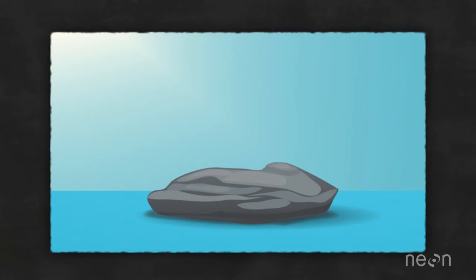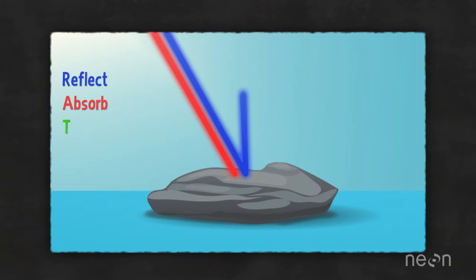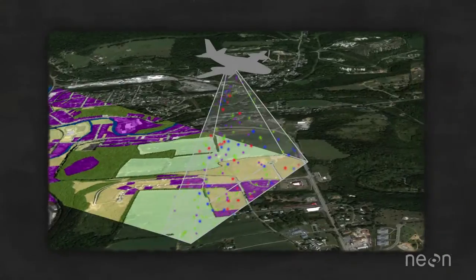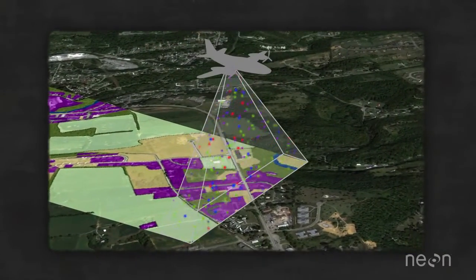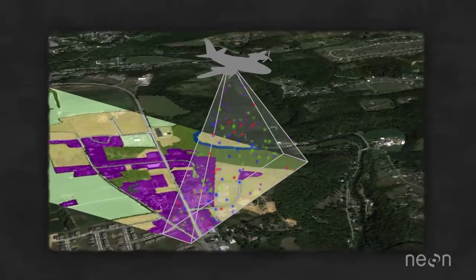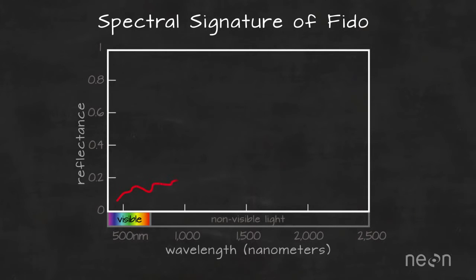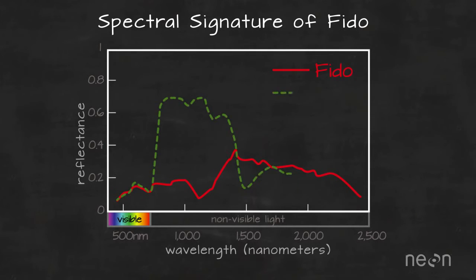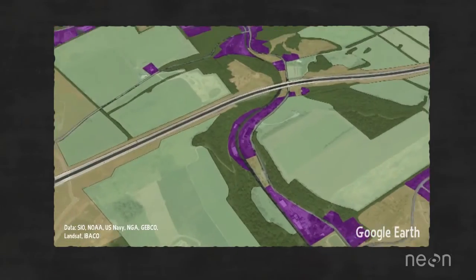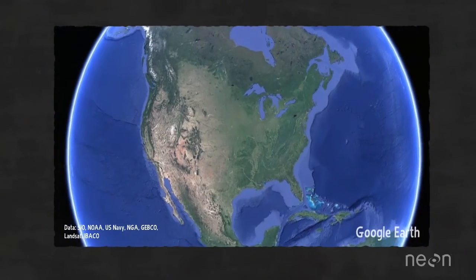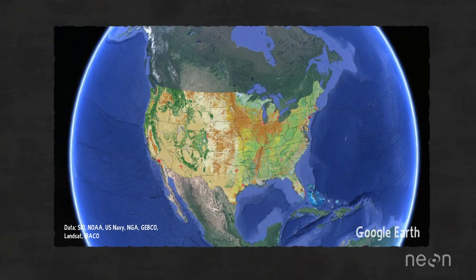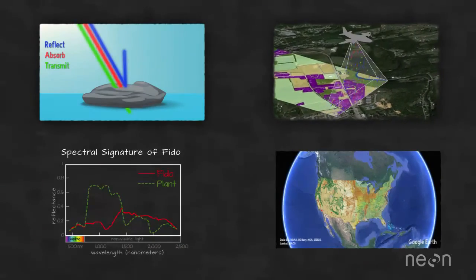To review, different objects reflect, absorb, and transmit both visible light and light energy that we can't see differently. Imaging spectrometers record the amount of light that these objects reflect. The amount of light energy reflected by an object throughout the electromagnetic spectrum is called its spectral signature, which is driven by the physical structure and chemical makeup of the object. We can use that signature to identify different objects in both the photograph and across the Earth's surface. And that, my friends, is how we use reflected light energy to both map what's on the ground